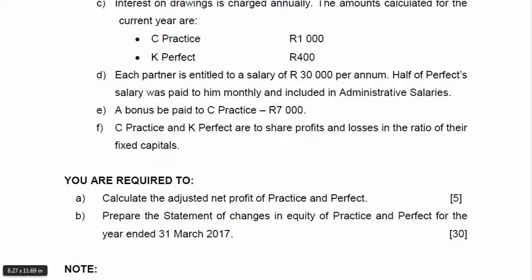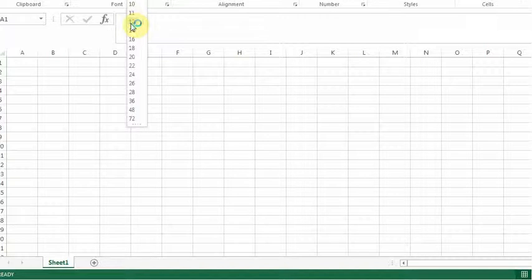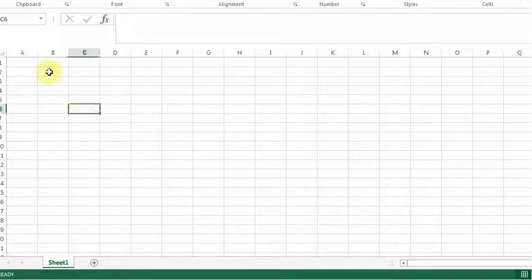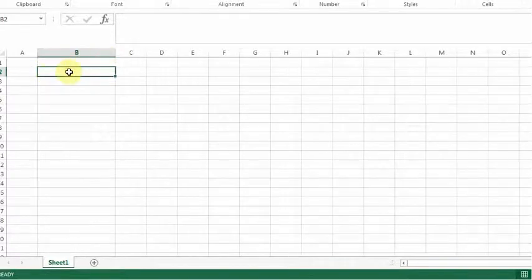Right, so let's start. I've opened up an Excel page here on which I will be explaining the calculations. And the first one asks you to calculate the correct profit. So we must keep in mind that before we can do that, we need to calculate the provision because there was some additional bad debts that had been written off. So that calculation is done in a fixed format. You start with the debtors that are given,